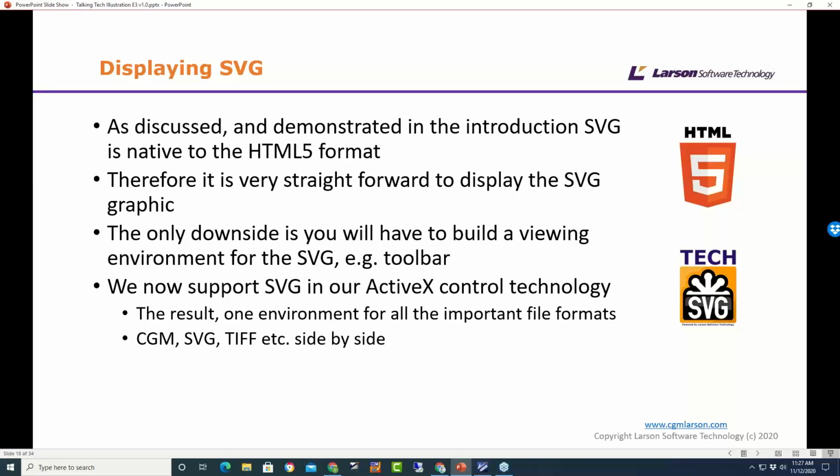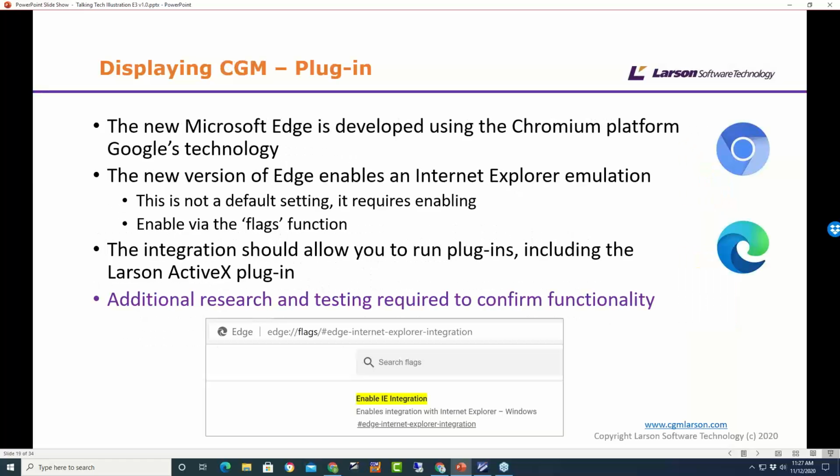This is why we're so focused on the two formats, because we want them to work together as opposed to opposing each other. And I think we've achieved that over the last couple of years. So we would now consider ourselves, well, not me personally, but other people who are developers, pretty much expert in both CGM and SVG, whereas at one time we were known as the CGM experts.